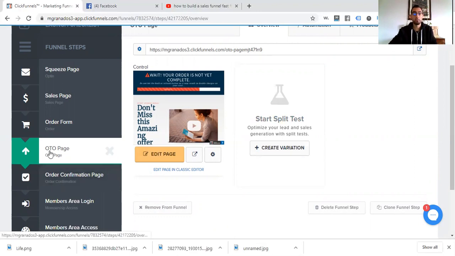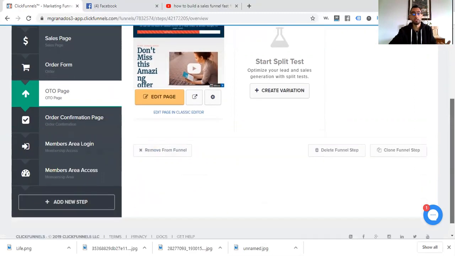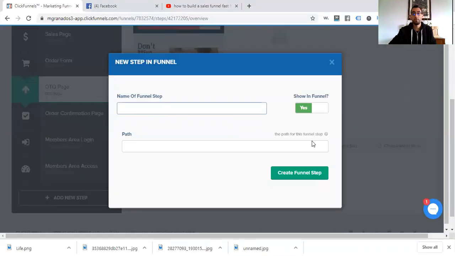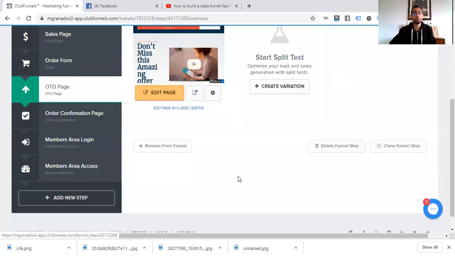There can be downsells. There can be another OTO2. There could be a downsell, right? Some of them are different. And what you can do here is add a new step, right? You go in here to add a new step. You name the funnel you want it to be, and then you would be taken into